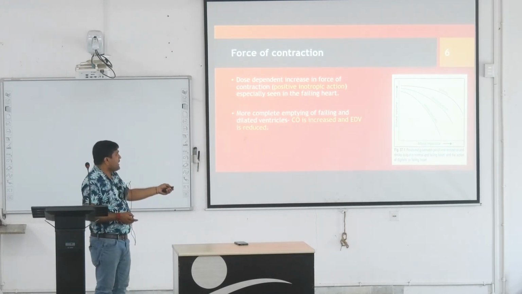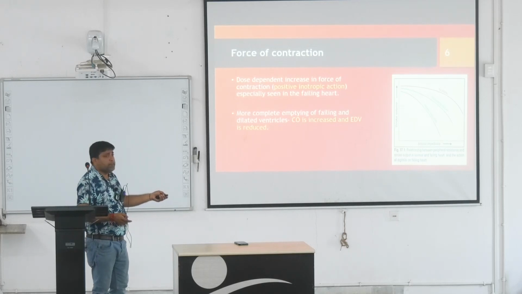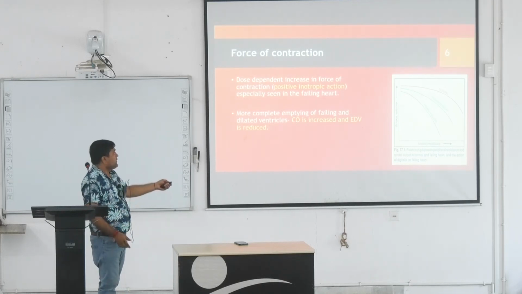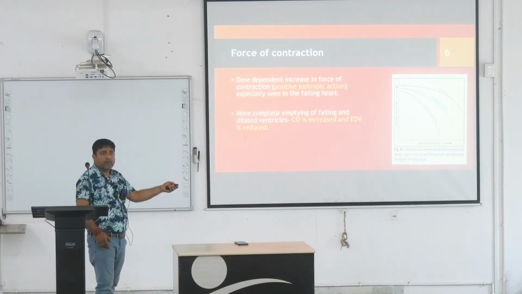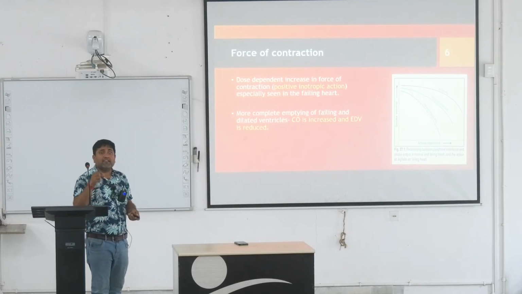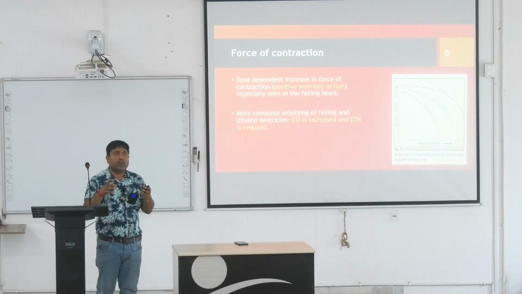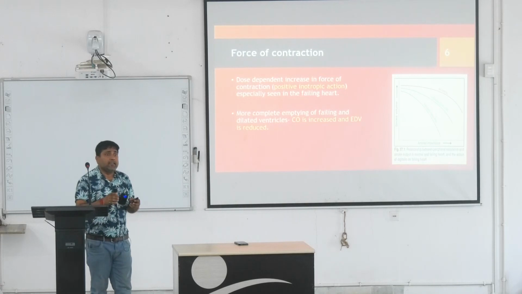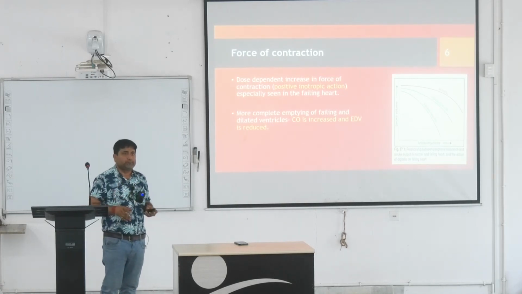Now what we are seeing is that as the arterial impedance is increasing, the stroke volume is maintained to a larger extent in the normal heart. How is it doing this? By increasing the tension in the heart. Intraventricular tension in the heart is increased, leading to maintenance of the stroke volume.